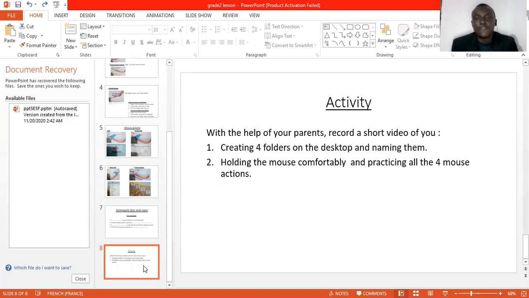Hold the mouse comfortably and practice all the 4 mouse actions on the folder. Then with the help of your parent, they have to record you while doing this activity. Thank you. Just stay there so we can practice